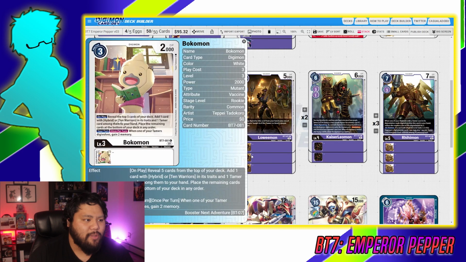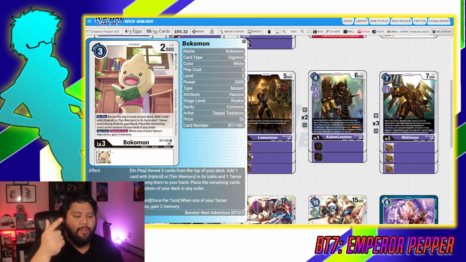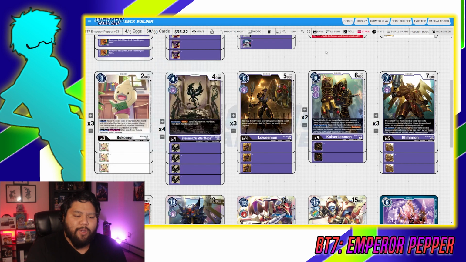This is the reveal top 5, then add a hybrid or 10 warriors, and then 1 tamer from among them to your hand. So this is good because it generically searches for all of our tamers and then all of our hybrids, which for the main strategy of this deck to work, we are looking for Takuya, and we're looking for Emperor Greymon. So that does it for the rookies, and you're probably wondering why I didn't include more of